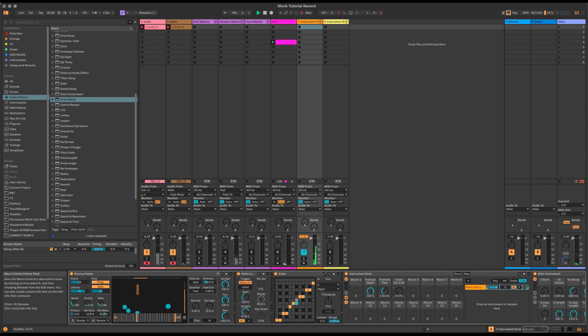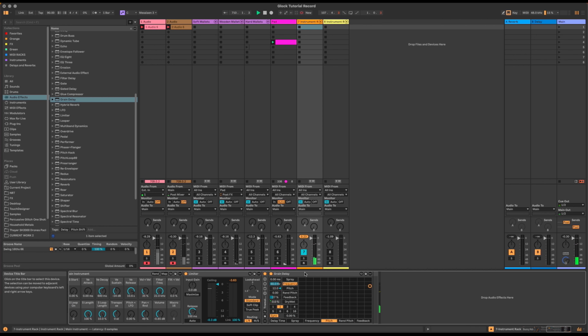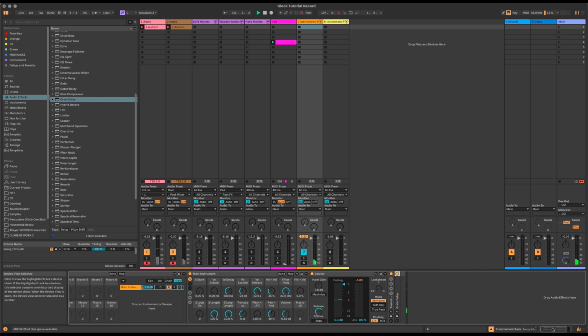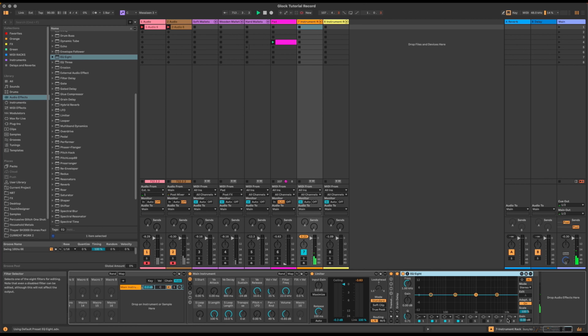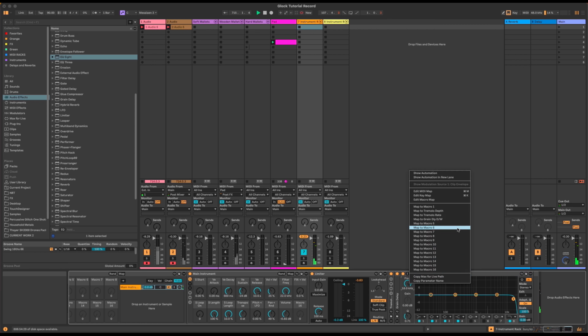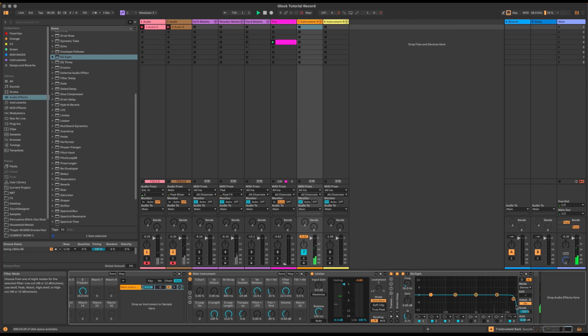Now let's add a filter. I think a high pass and low pass filter is going to be nice. So let's use an EQ to do that. EQ8. I'm going to put that in here. Set that to there. I'm going to map that to macro 6, and this we're going to make that quite